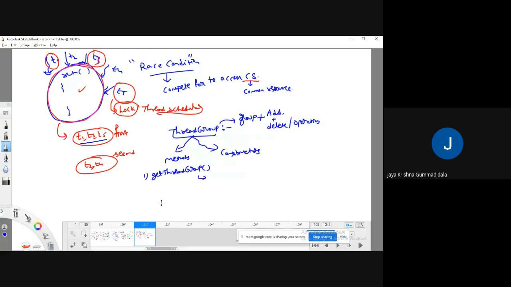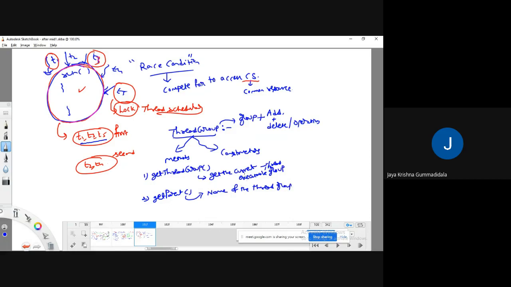First one, the getThreadGroup method, which is meant to get the reference of the current executable thread group. And there is a method called getName, which is to get the name of the current thread group.